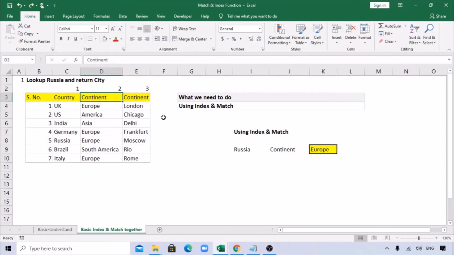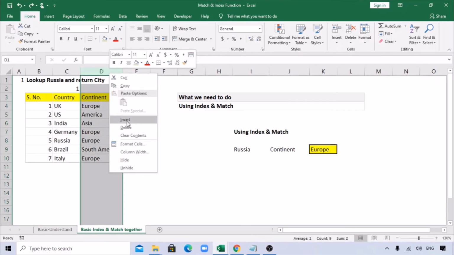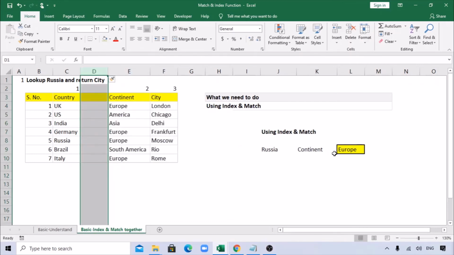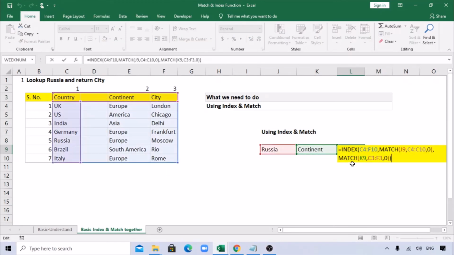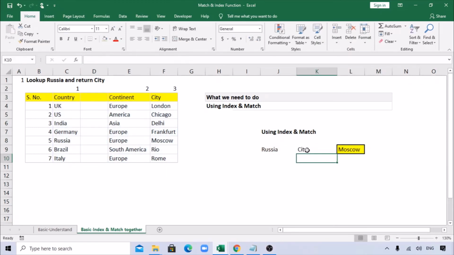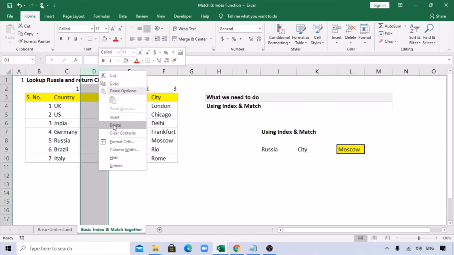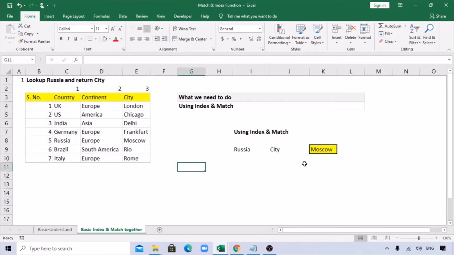That's the one advantage. With VLOOKUP we need to give the column numbers. If the column is increased, it still gets the values here. So if I change it to city, Moscow. Whereas with VLOOKUP, sometimes when adding columns, the value may not pick up. That's the reason. I know it's a little bit tricky, but it's a very helpful function. If you break down INDEX and MATCH to understand them, and then combine both, it's very simple and very effective.